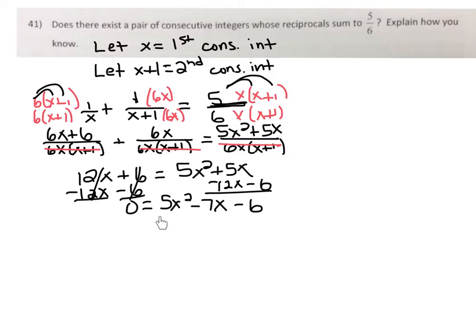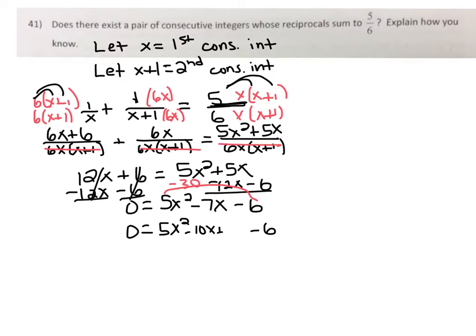Okay, so in order to factor this, there's no greatest common factor we can pull out, but because the number in front of the x squared is not a 1, we're going to have to do factor by grouping. All right, so for factor by grouping, we bring down our first term, we can leave a big space, and we can bring down our last term. And what we need to do is come up with two numbers that multiply to the product of these two. So it's going to multiply to negative 30, and it's going to add to negative 7. All right, so two numbers that multiply to negative 30 and add to negative 7 will be negative 10 and positive 3. So I'm going to make this a negative 10x